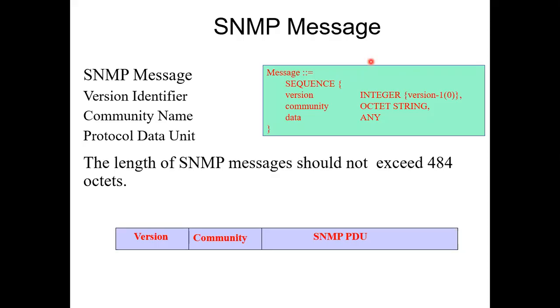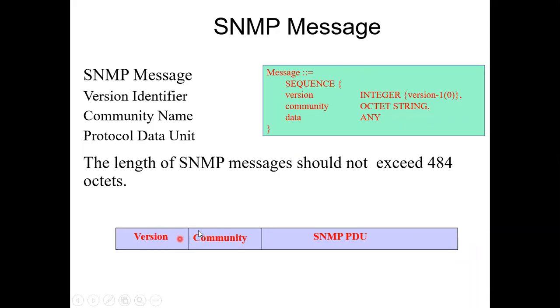So when I get a packet, whether the agent gets a packet or the manager gets the packet, and I know in my network all 3 are present. Version 1 wale bhi hai, 2 wale bhi hai, or 3 wale bhi hai. So whichever packet I get, the first thing I should know कि वो कौन से version का packet है. Okay, so the first field, see this is very simple, एक ही row है इसमें. We don't have a very big packet structure.